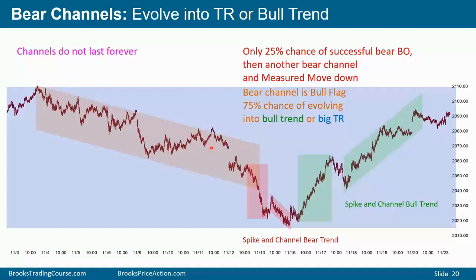A broad bear channel has lots of two-sided trading, and at some point the bulls take control and we get a bull leg. The broad bear channel ultimately becomes a bear leg in a big trading range, and that means it'll lead to a bull leg in that trading range. Once the chart starts making a series of higher highs, traders have to exit their shorts because it's no longer a bear trend. It's now a bull trend, and the bears will stop selling if the bull trend is strong.